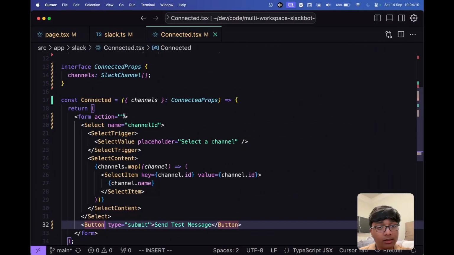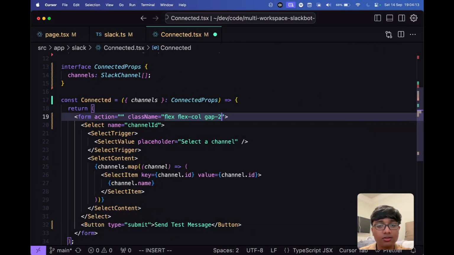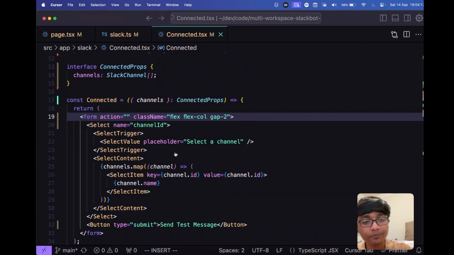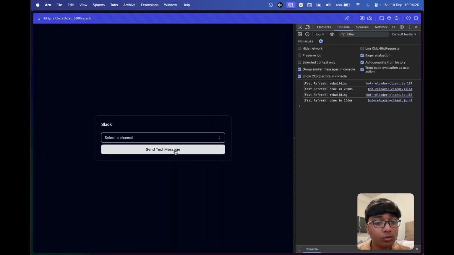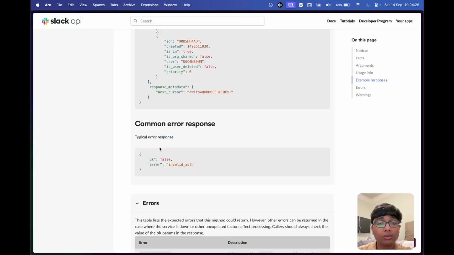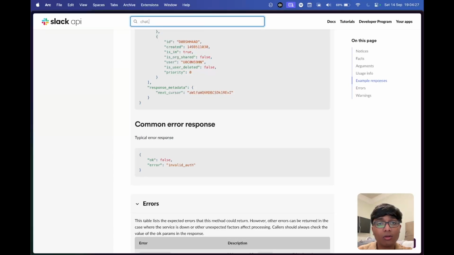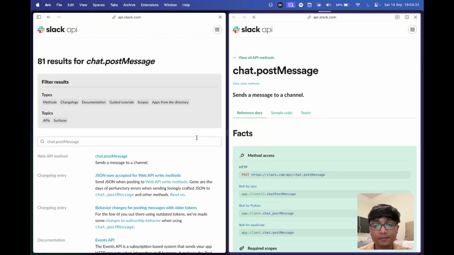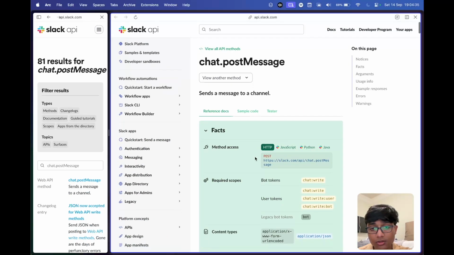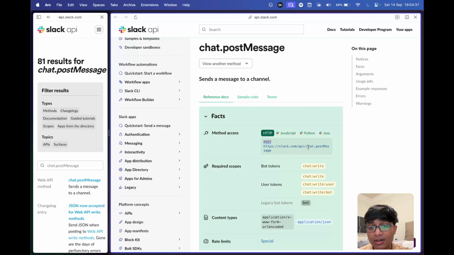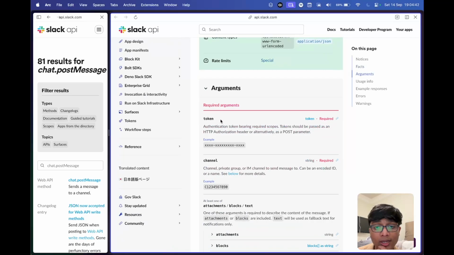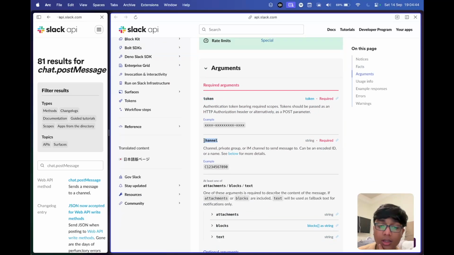Yeah, and then I guess just because it's annoying me, there's no gap there, let's fix that. Okay, so when we click on send test message over here, this should make an API call to chat.postMessage. So let's look at this documentation. We need to make a POST request to slack.com/api/chat.postMessage, and then we need to send the token, we need to send the channel, and we need to